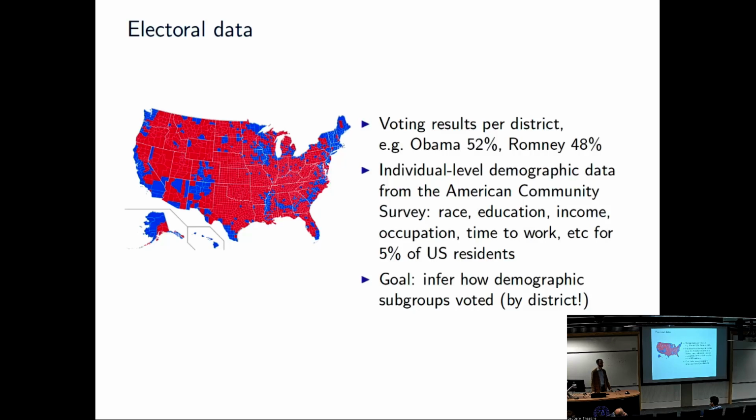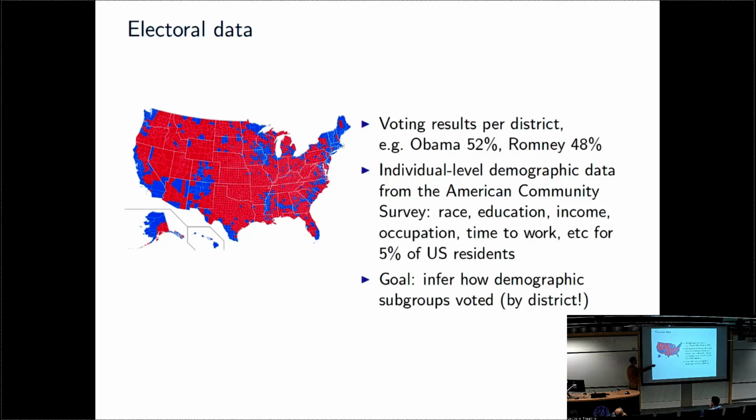And what do we want to do? So we want to solve this problem of ecological inference, by which I mean for any particular demographic group that you care about, in any particular place, so I'm going to do everything in a spatially varying way, can I predict the vote outcome among that group? So among women who live in Texas, what was the support for Obama? That's a question that I want to be able to answer.